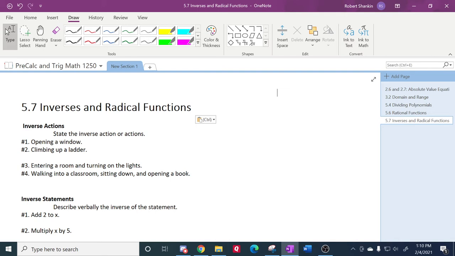But what I want you to do now is, if you had me for last semester and we did this, and you remember this kind of thing, opening a window, climbing up a ladder, state the inverse action or actions, then I want you to identify yourself in your group chat. Go into your group chat and say, yes, I've had this before. Okay. And you're going to play a little bit different role with your group today, since you've had it before. All right. And the role I'm going to have you play